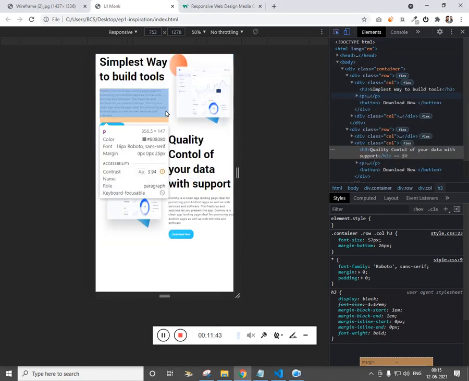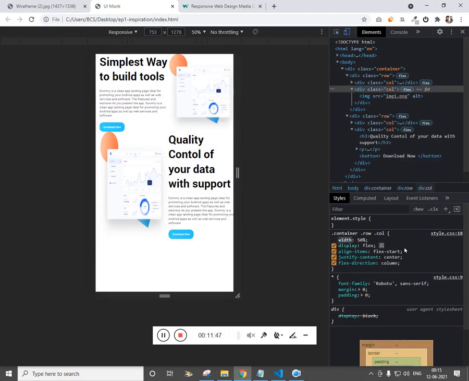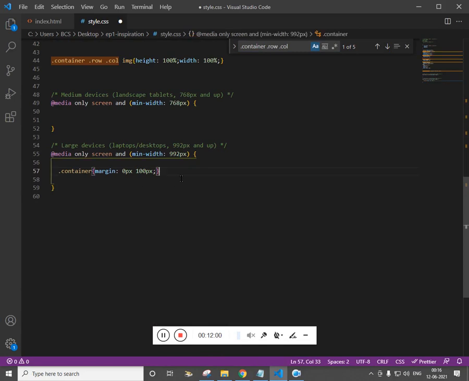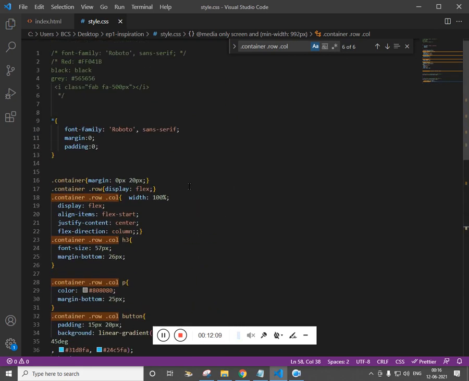Now get the column and give 100%. Select it and give this 100% for mobile, and for desktop it should be 50. And we don't need other properties anyway, it is going to get override from the mobile view.